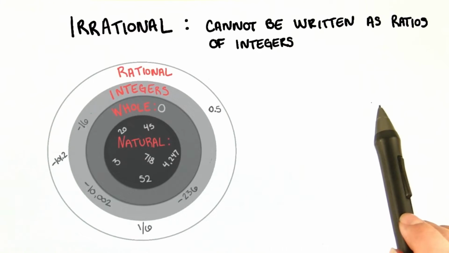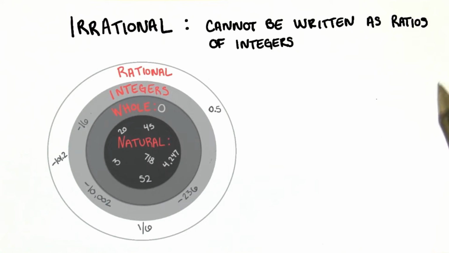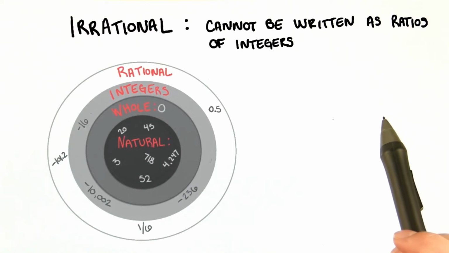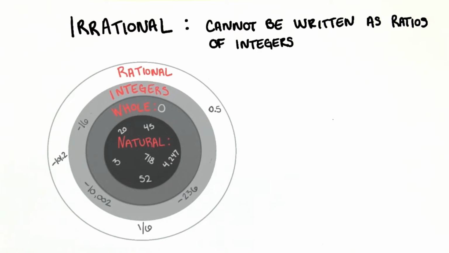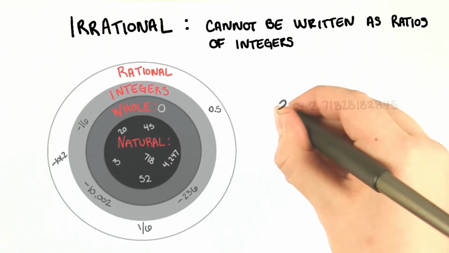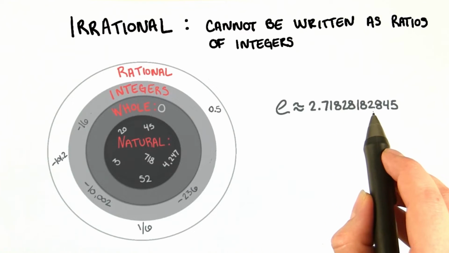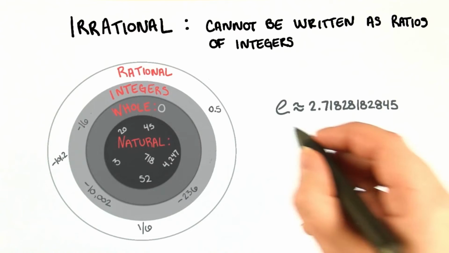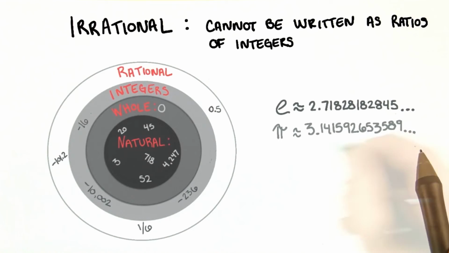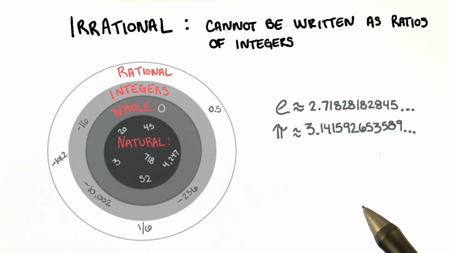Perhaps the most common way that we run into irrational numbers is through taking square roots of numbers that are not perfect squares, just like we tried to do with the slide example. There are some other numbers that have special roles in math and physics that are also irrational, like the number e, which is about equal to 2.71828182845... or pi. Please remember that I've just rounded off these decimals because I don't want to write any more numbers. But like all the other irrational numbers, pi and e have infinitely many numbers in their decimals and